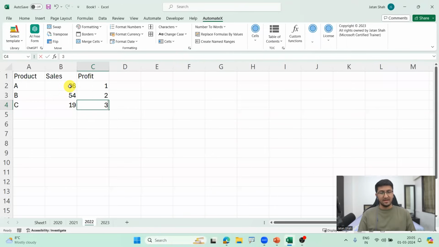Let's make this 8, 15, and 20. And finally, the last one, let's make this 12, let's make it 60, and let's make this 74. I'll make this 25, I'll make this 12, and I'll make this 7, for example. Okay. So now we have the sales and the profit data for three products, which is product A, product B,